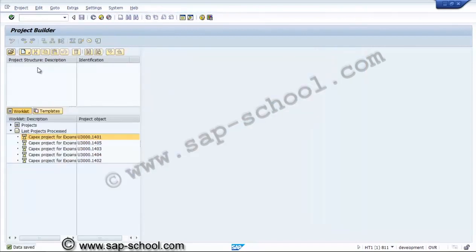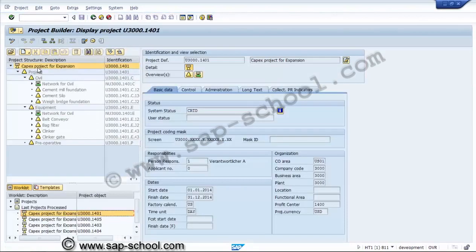Now we'll see from the existing project, after assigning all the activities to the networks, how it looks in the planning board. How the planning board looks after assigning the activities to WBS elements.